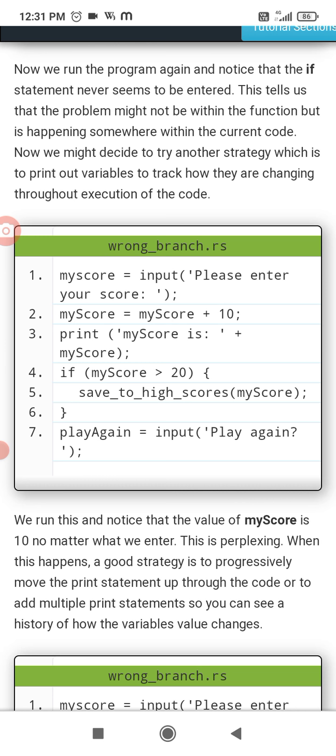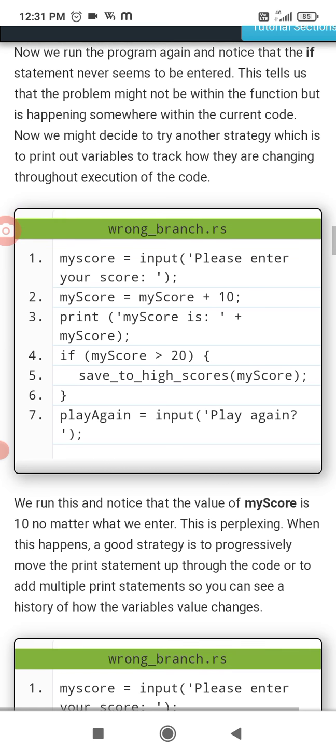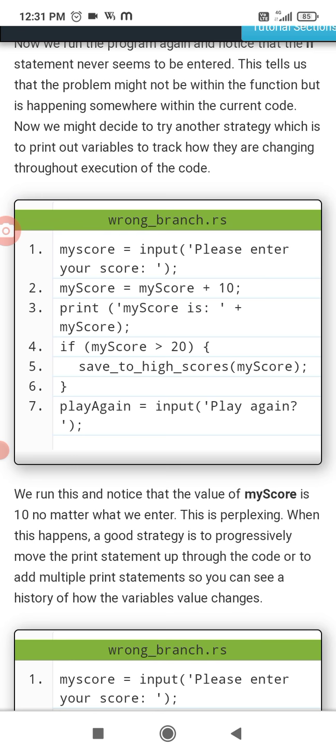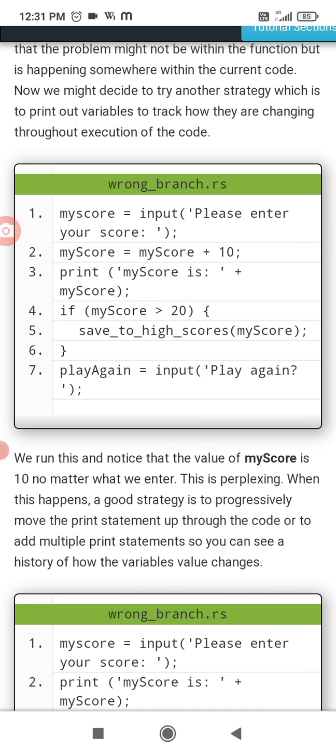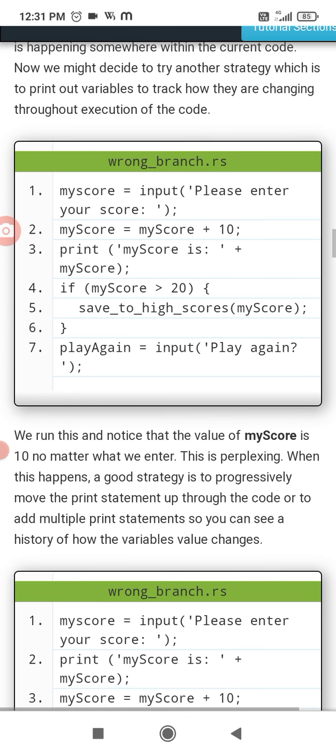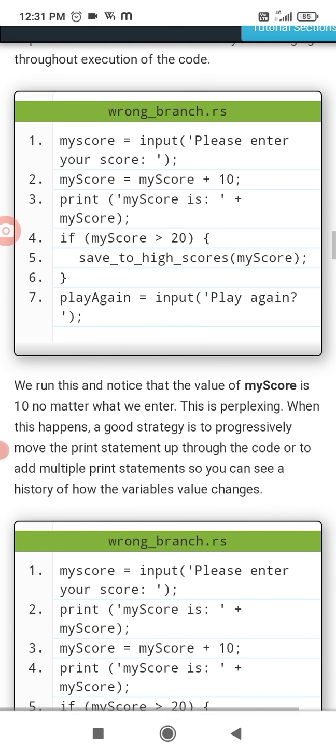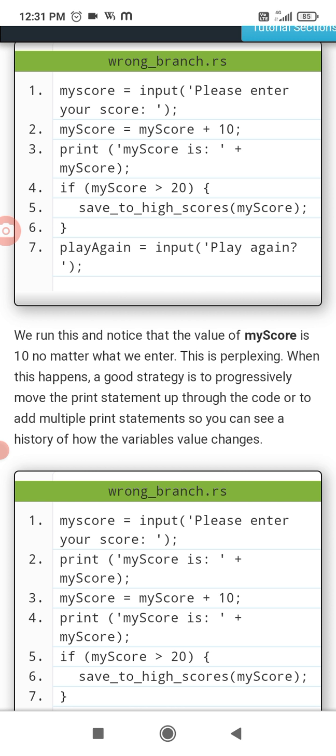We run this and notice that the value of my score is 10 no matter what we enter. This is perplexing. When this happens, a good strategy is to progressively move the print statement up through the code, or add multiple print statements so you can see a history of how the variable value changes, right?